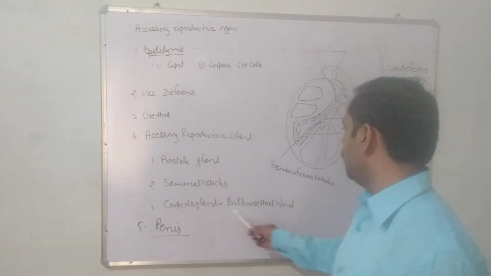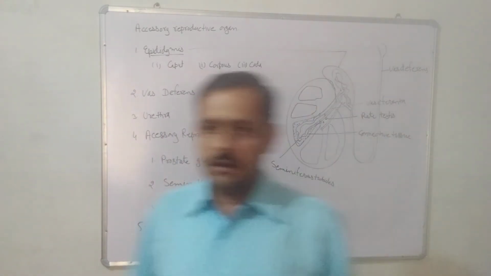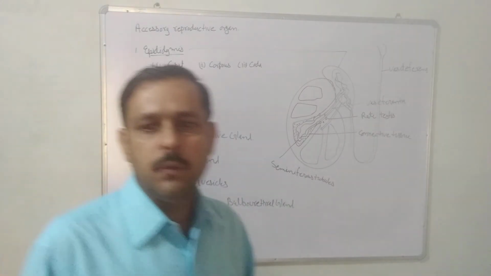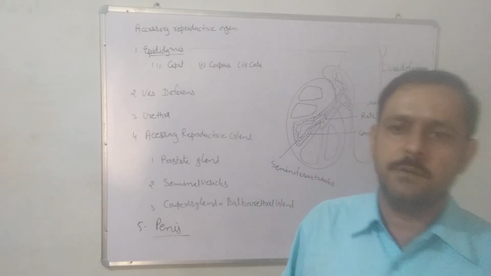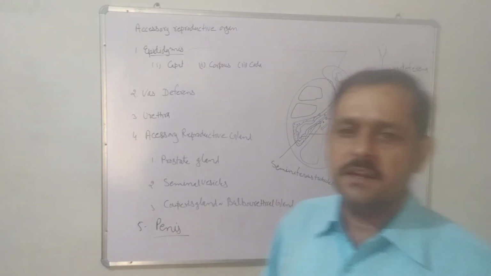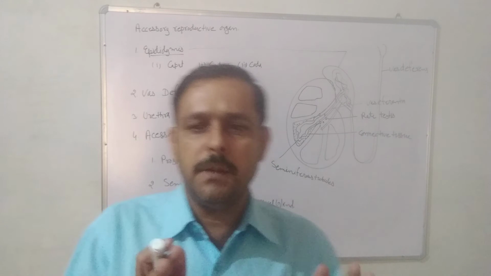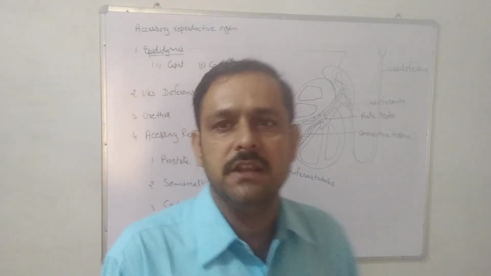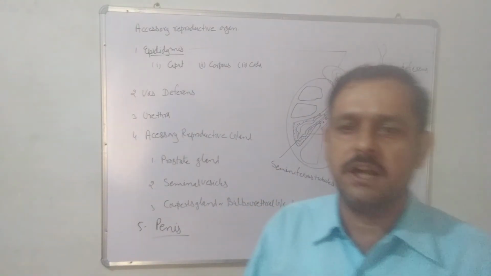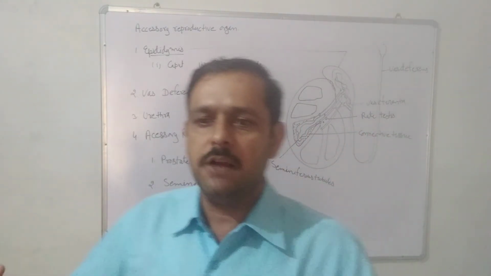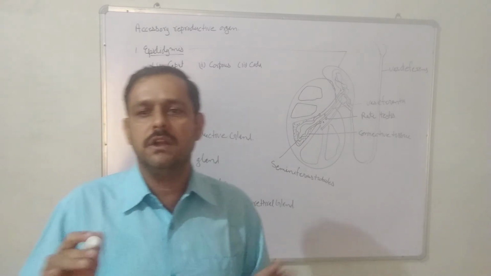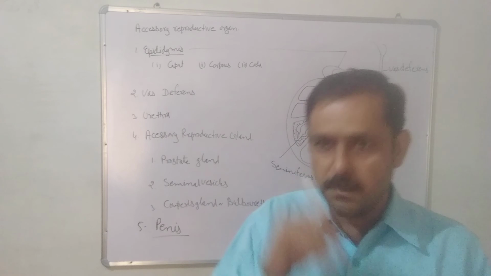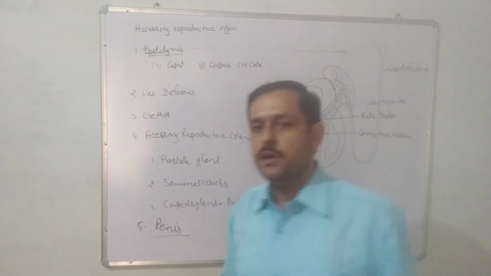Next, Cowper's gland or bulbourethral gland. Just below the prostate gland on both sides of the urinary tract, there is one small oval-shaped gland, that is called Cowper's gland. At the time of mating, a dense, sticky, alkaline, transparent fluid is secreted by these glands, which makes the urinary tract smooth and slightly alkaline by neutralizing the acidic urinary duct. The liquid makes intercourse easy by lubricating the vagina of the female.